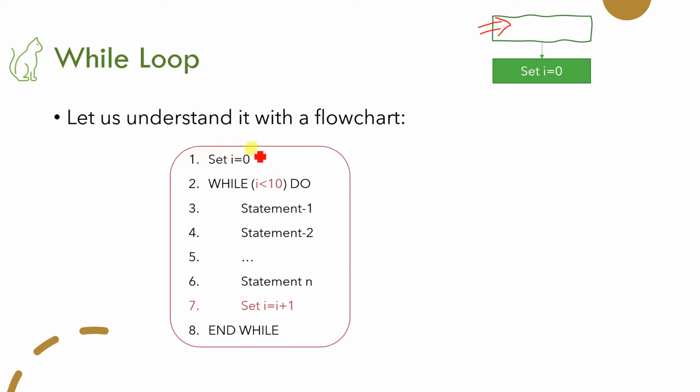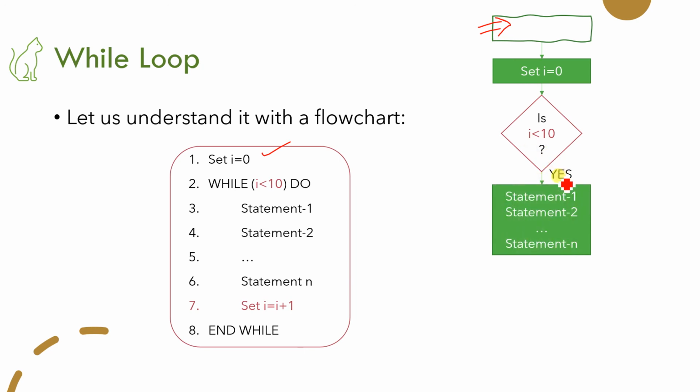Now the line that came is set I is equal to 0. That is a processing statement, so I have written set I is equal to 0. Fine. Then comes the condition. We know that a condition in a flowchart is represented like this. It is written I is less than 10, so I have written: is I less than 10, question mark. There will be two possibilities, either yes or no. For this particular case, I is equal to 0, this condition is satisfied initially.